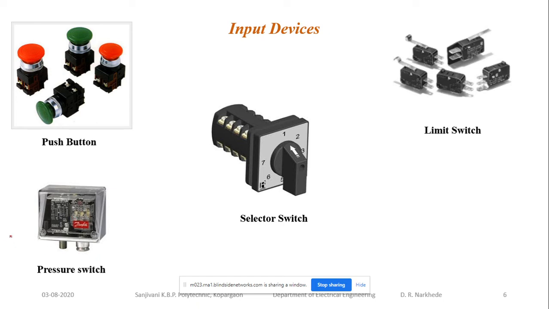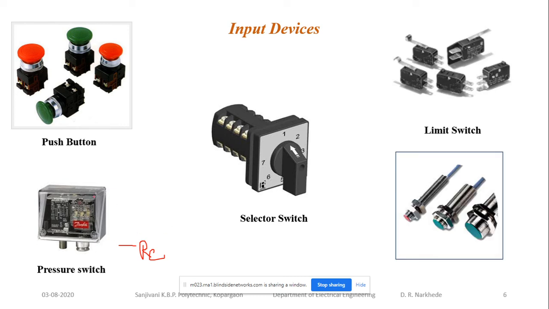So for that purpose, we are going to set a default value, and this is called the reference value. If the pressure goes beyond this reference value, then the switch will operate and it will release certain pressure over here, or it will release certain steam or whatever, water or something. Okay, so these pressure switches are also used widely in the industry, particularly process industry. We are going to use the pressure switches.